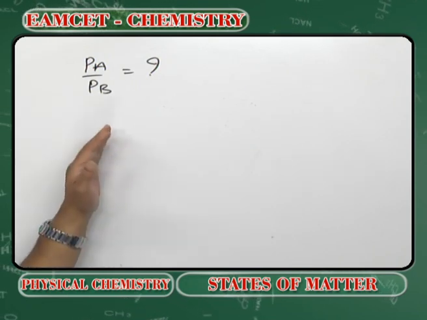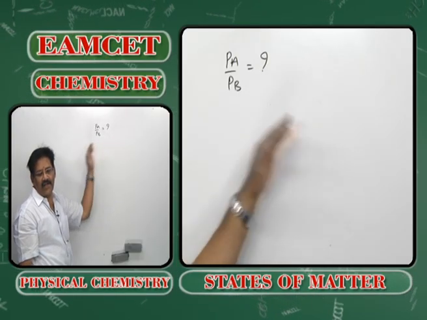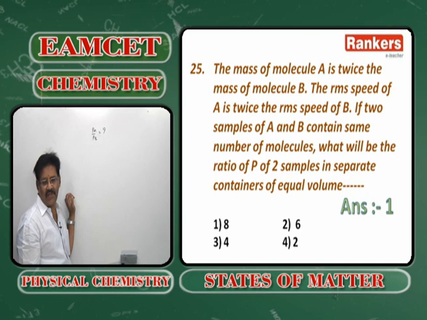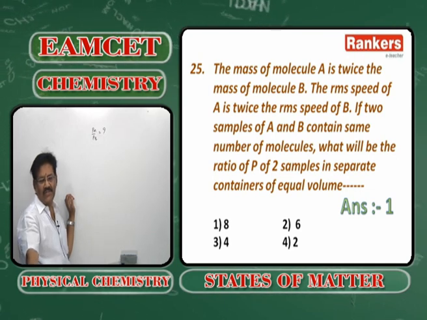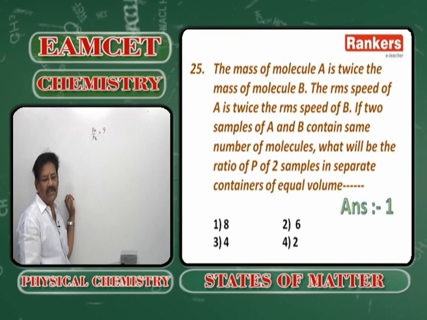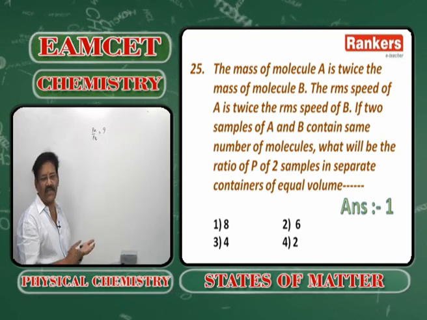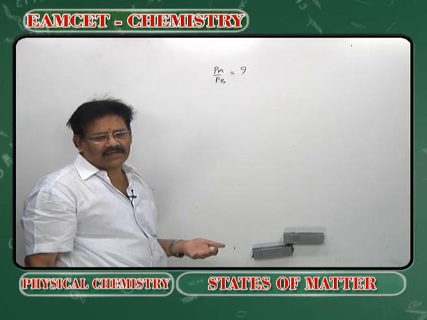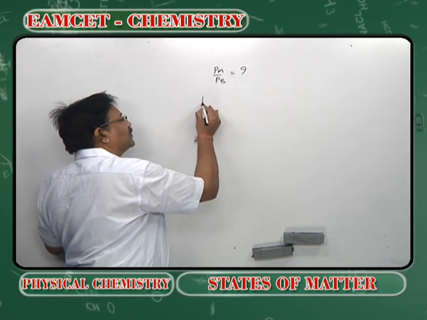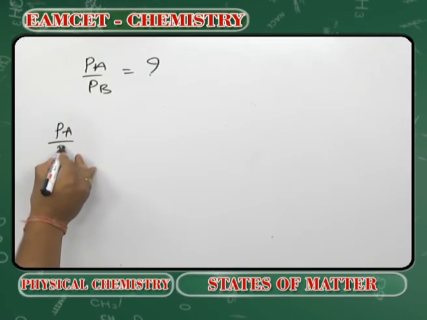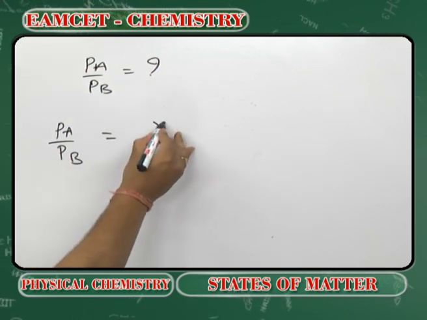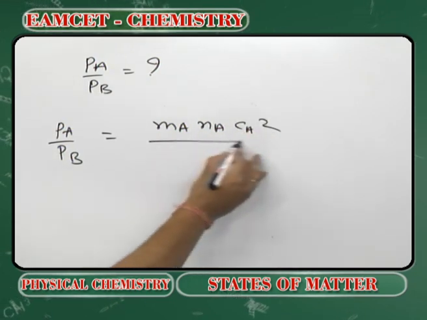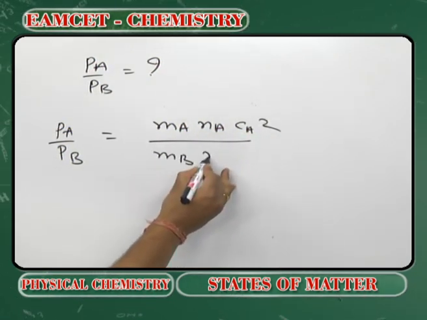Here we have to use the kinetic gas equation, not the ideal gas equation, because if you carefully observe the terms involved in the problem, RMS velocity is there, number of molecules is there, mass is there. And what is the equation that connects mass, number of molecules and RMS velocity? Nothing but the kinetic gas equation. So PA by PB is equal to